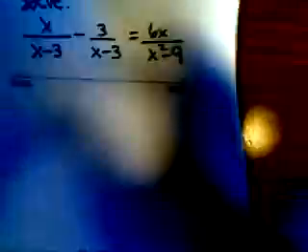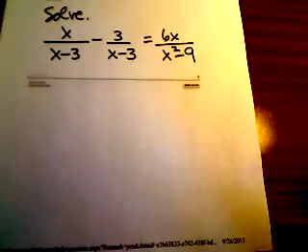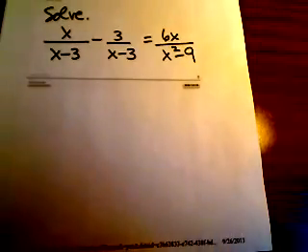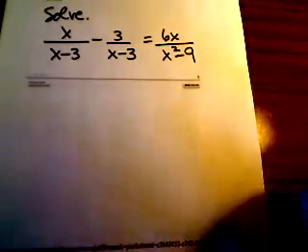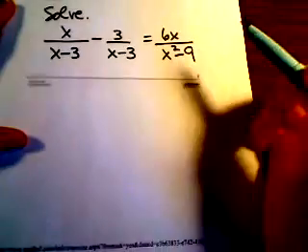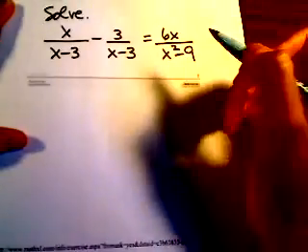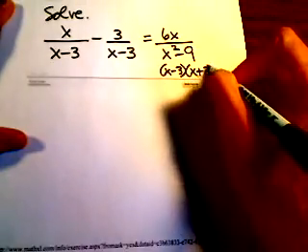All right, so this is problem 1.5.27, and they ask us to solve this right here. Whenever we're trying to solve a rational equation, we need to first of all factor the denominators so that we can identify the common denominator. So this x squared minus 9 right here, I'm going to factor into x minus 3 and x plus